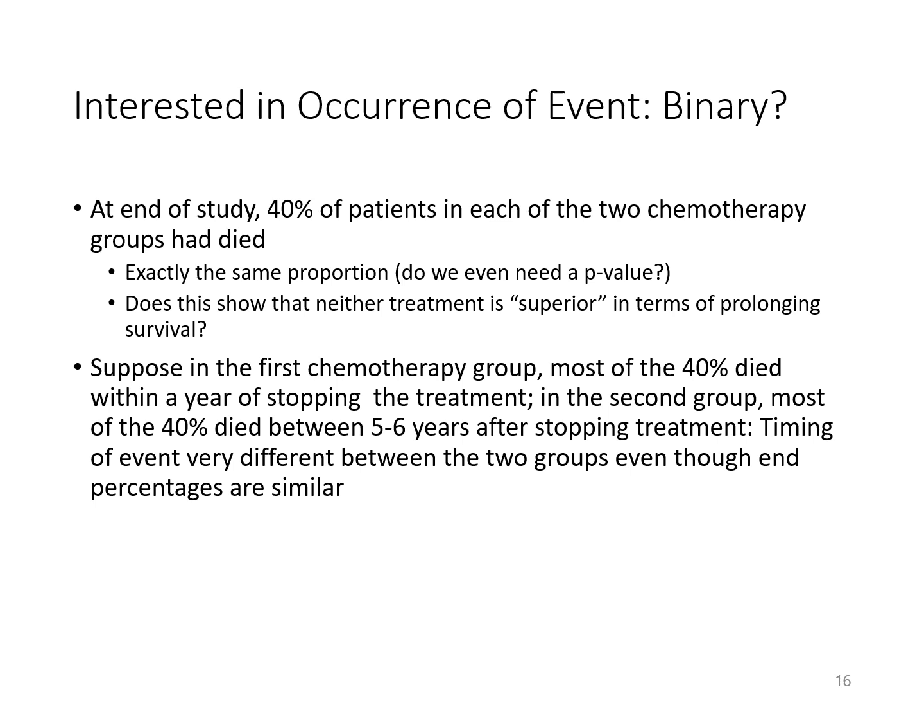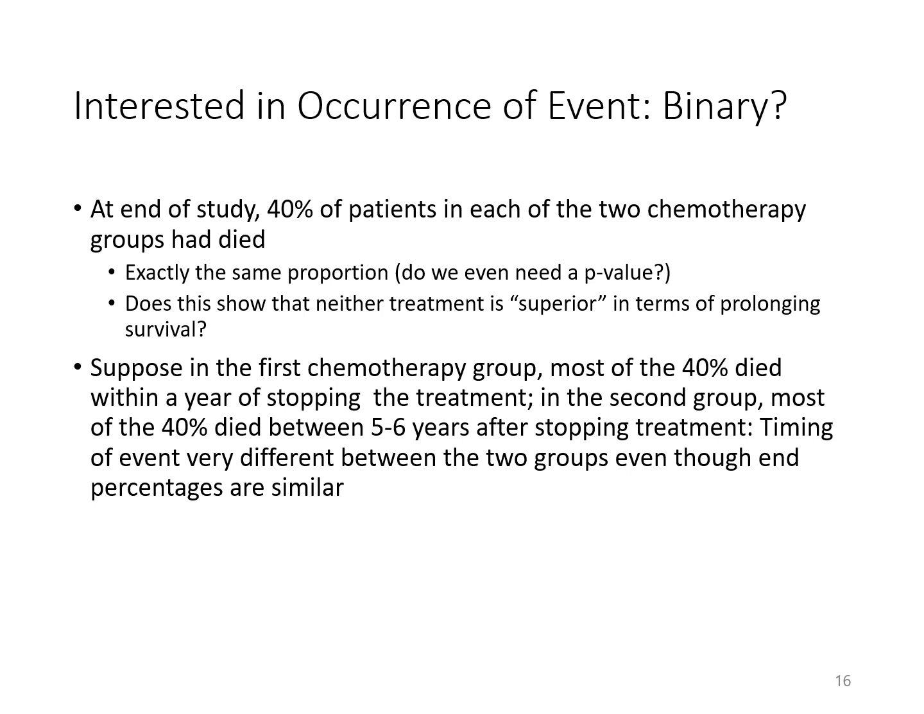So at the end of the study, 40% of the patients in each of the two chemotherapy groups had died, exactly the same proportion. It means that there is no difference between the two chemotherapy groups, right? Neither treatment is superior. However, when we look further into the data, we realized that the 40% who died within the first chemotherapy group,